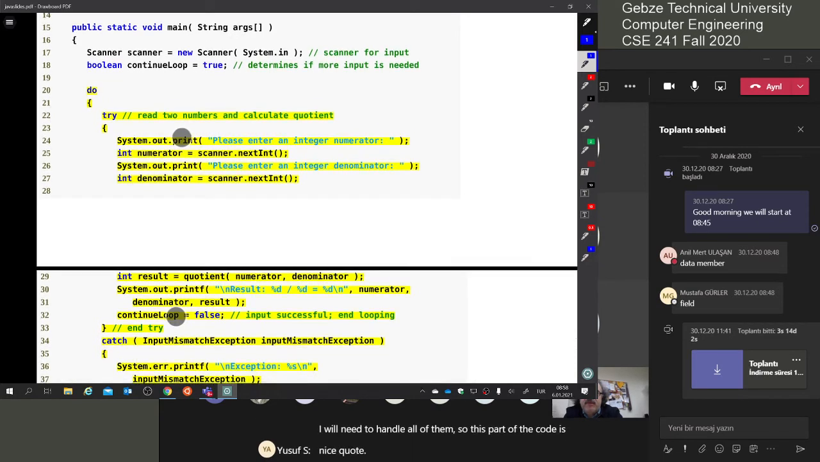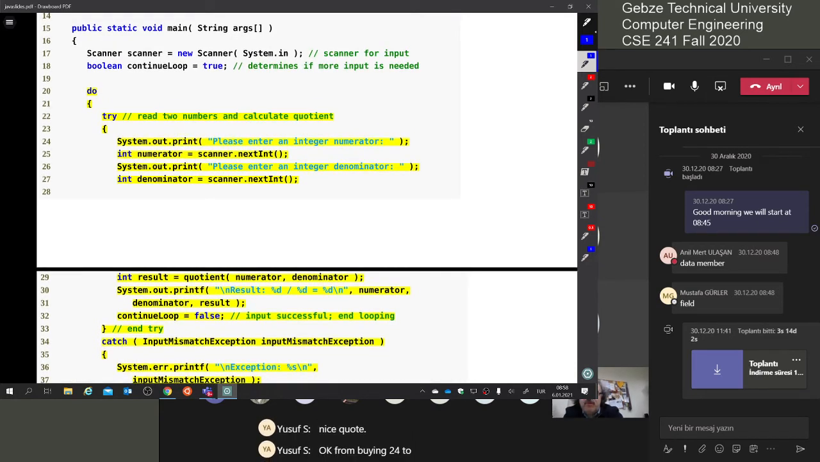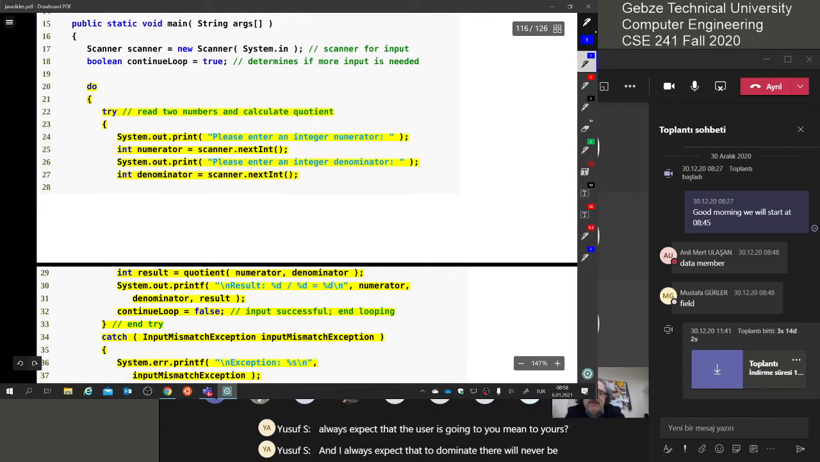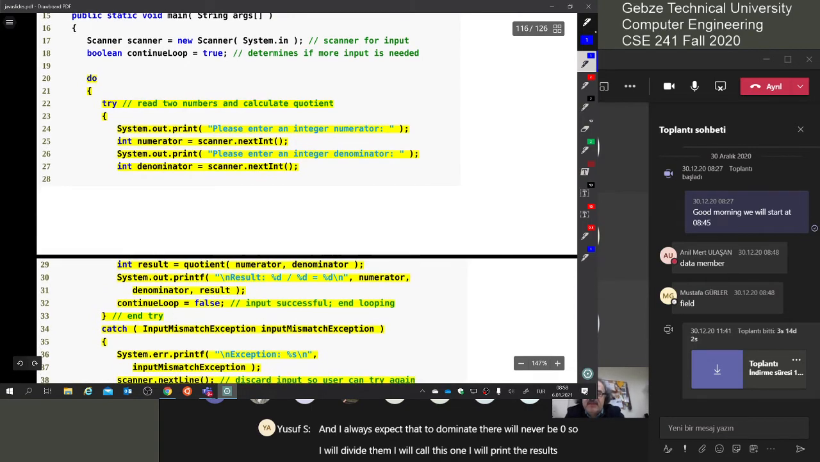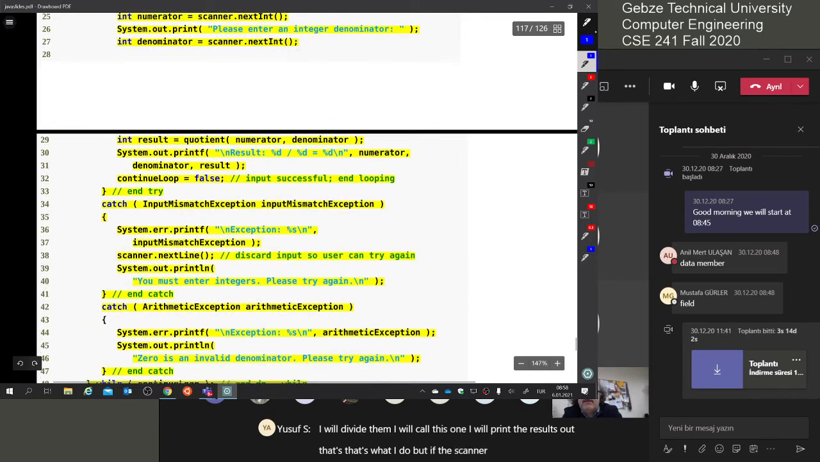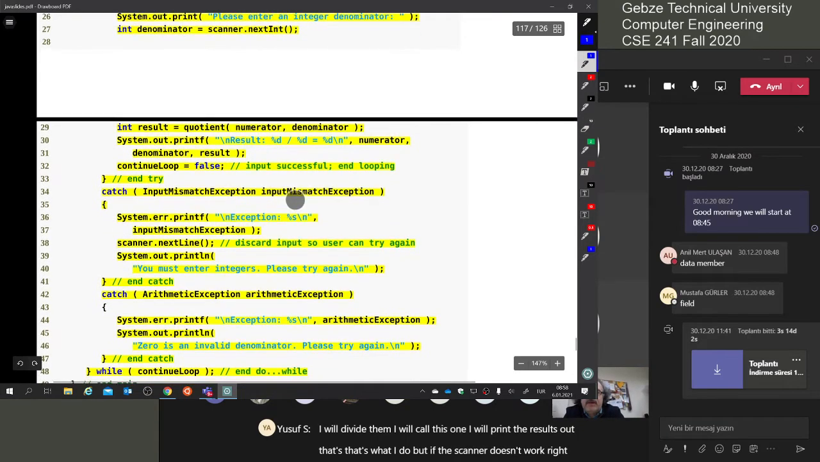So this part of the code is nice code, from line 24 to 32. I don't care about the errors. I always expect that the user is going to give me integers, and I always expect that the denominator will never be 0. So I will divide them. I will call this one. I will print the results out. That's what I do. But if the scanner doesn't work right, I will catch it at this point, line